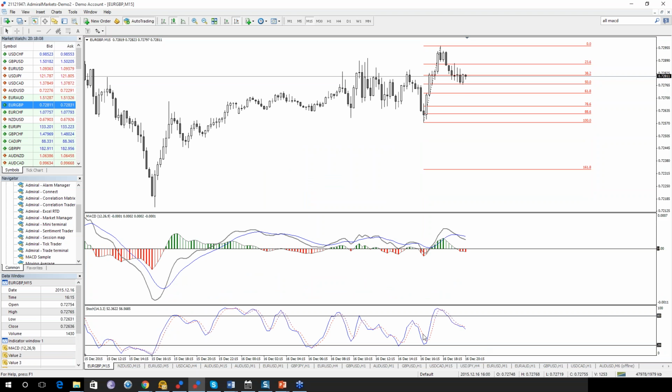So stochastic shows overbought and oversold. Usually when you want to pinpoint an entry, if you're selling, you want it to be in overbought territory. If you're buying, you want to be in oversold territory. So let's say, for example, we want to go with